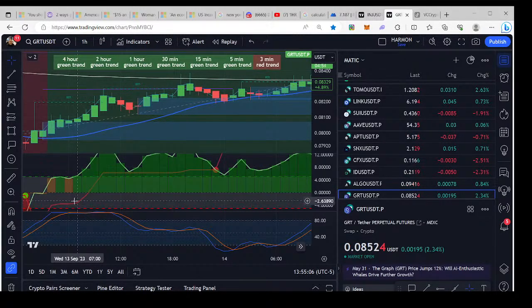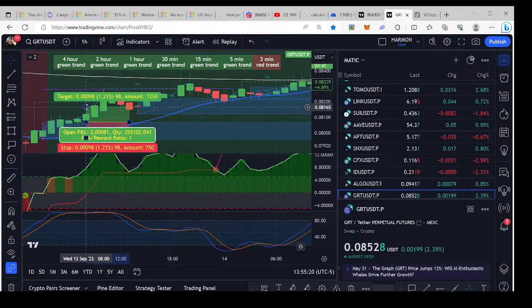Like, you see this red line? See how it starts to bend up here? It's bending up with the green line. That's a channel. This channel is the long right in here, right? So if you waited for that channel all the way till it bent to here and you ride that up,